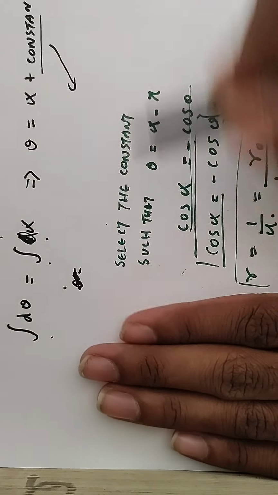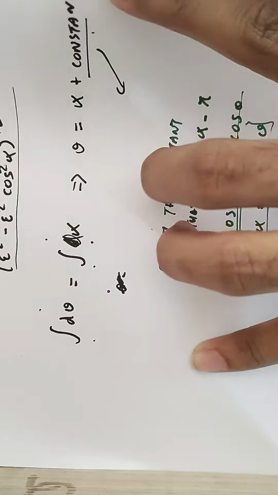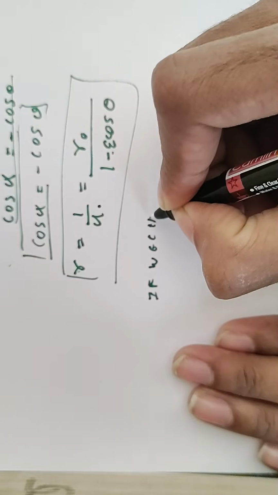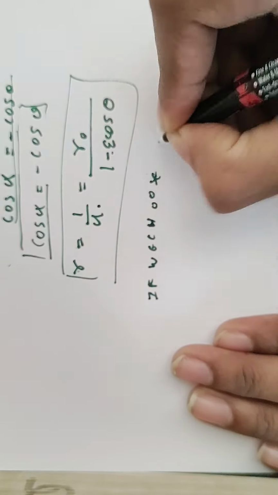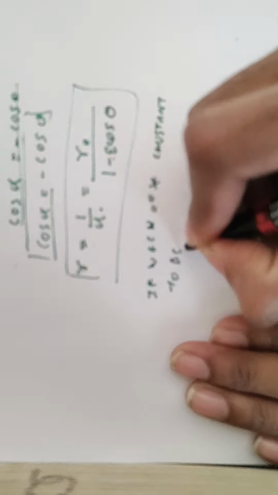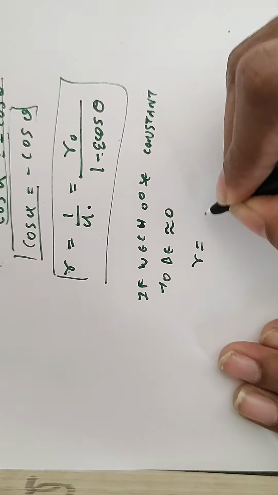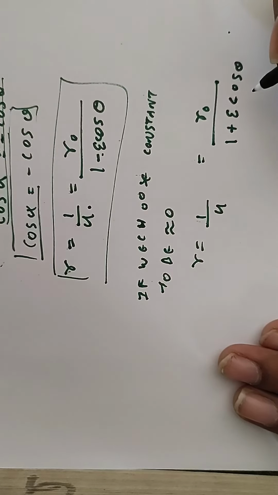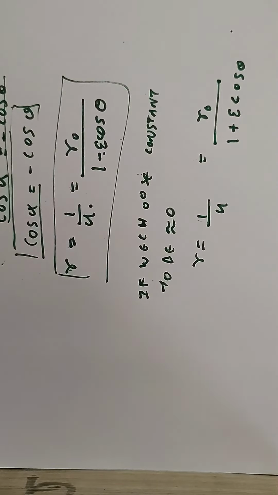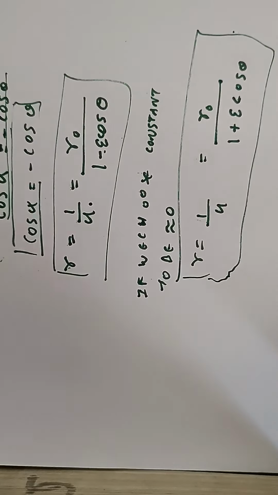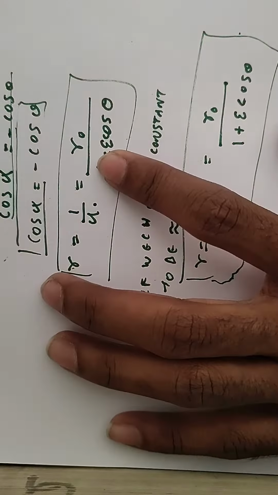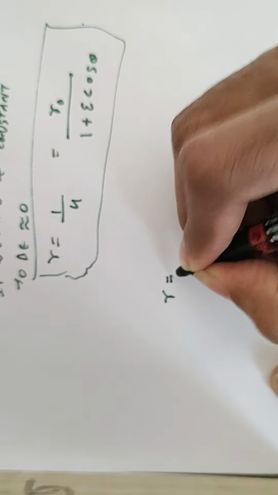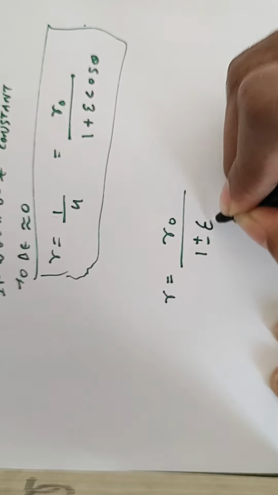But as I told you, the constant is in my hand. I can choose whatever constant I want. So if we choose the constant to be 0, I get the same equation, but with a plus sign over here. Really sorry for my handwriting. So this is a trajectory reflected about the vertical axis. This equation geometrically represents a trajectory reflected about the vertical axis, and the other equation represents a trajectory about the horizontal axis. So we can combinedly write this equation as r naught 1 plus minus epsilon cos